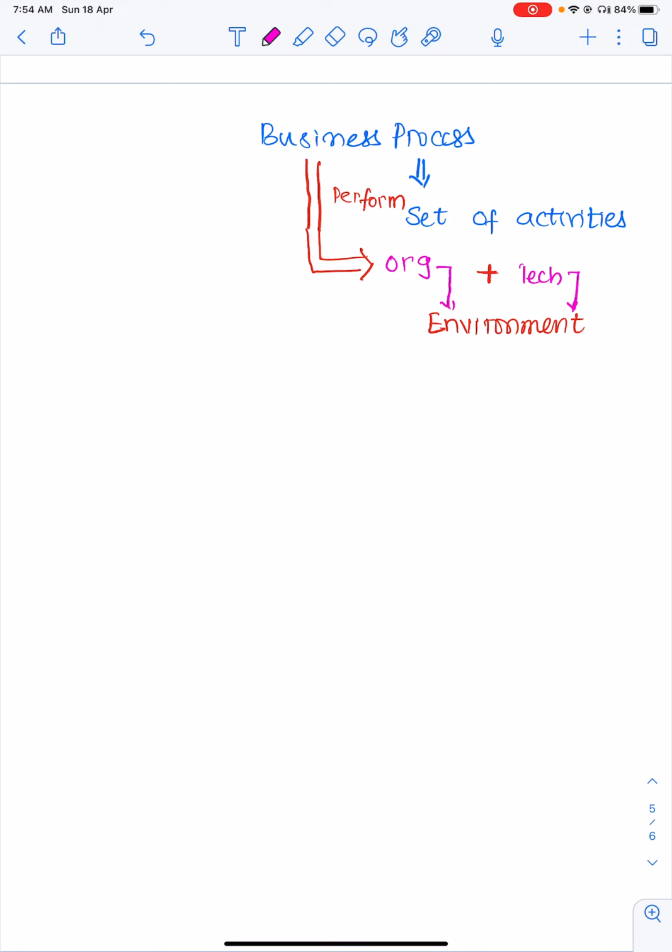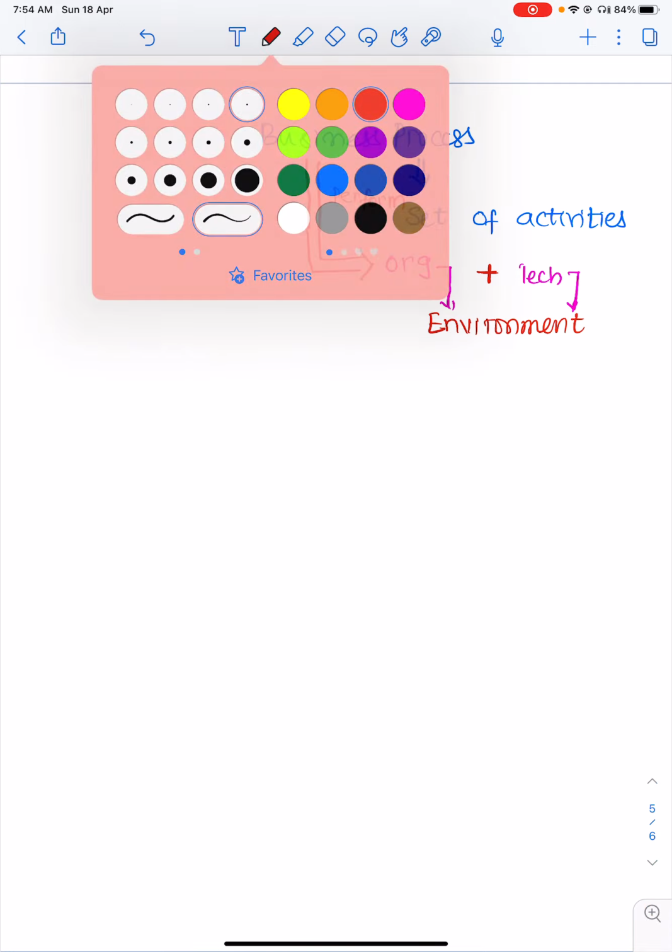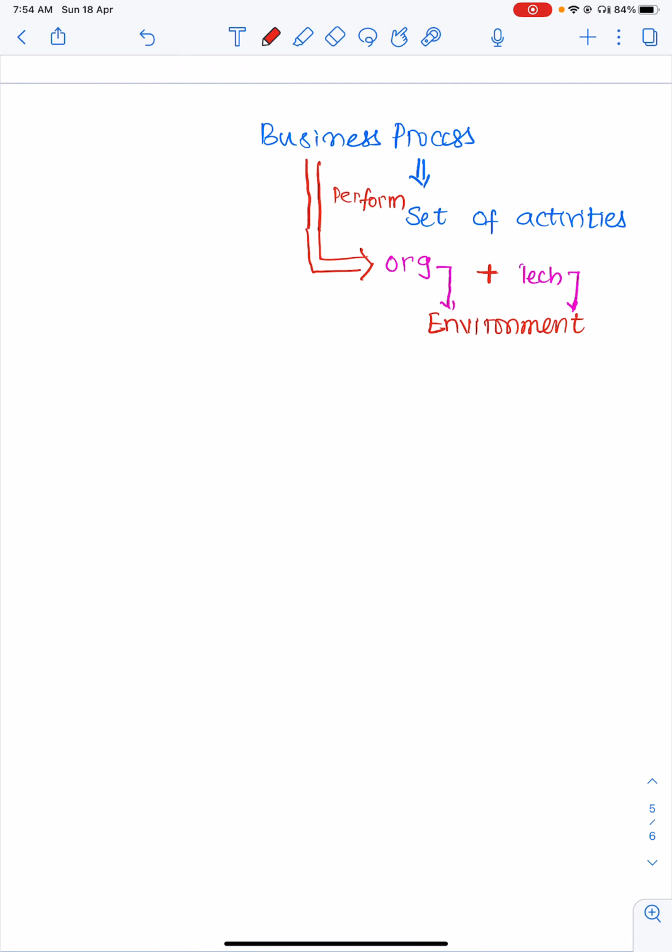And the other one is technical environment. So what is the objective of this particular business process? The objective is simple: to achieve a business goal. For any business process, what is the end target? To achieve a business goal. So what is a business